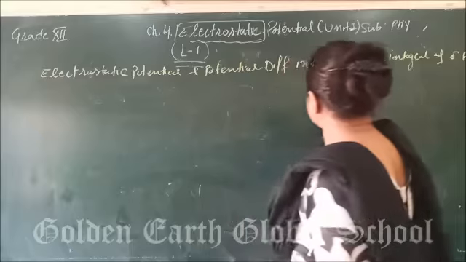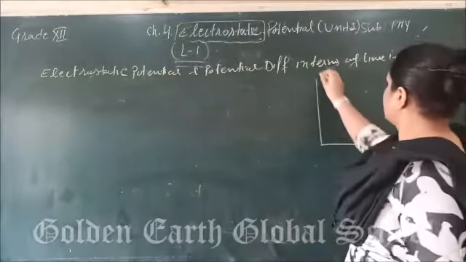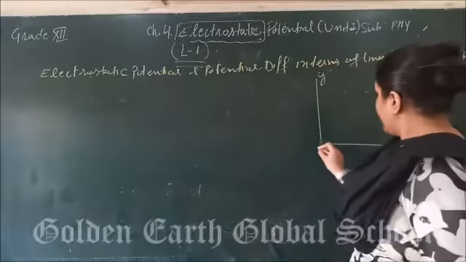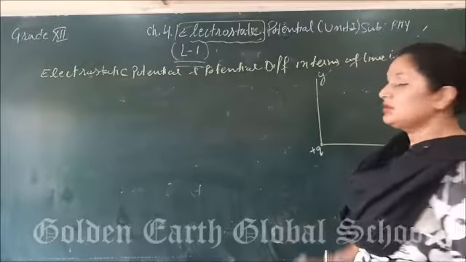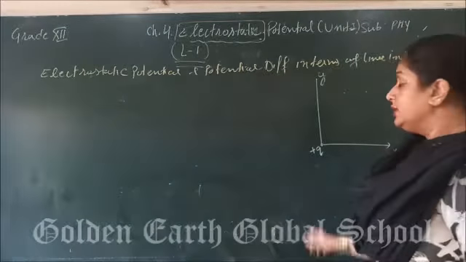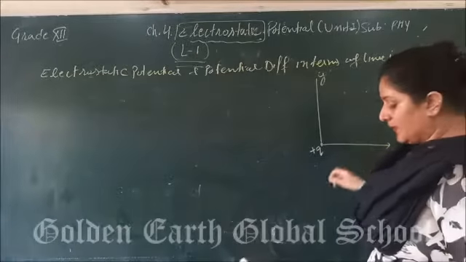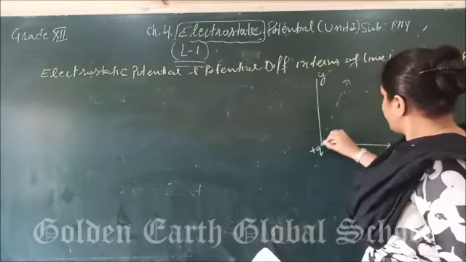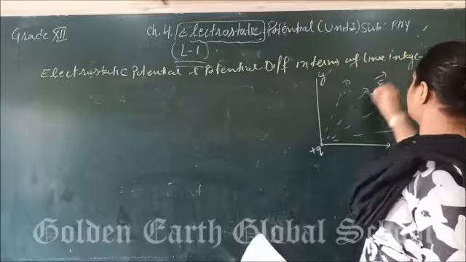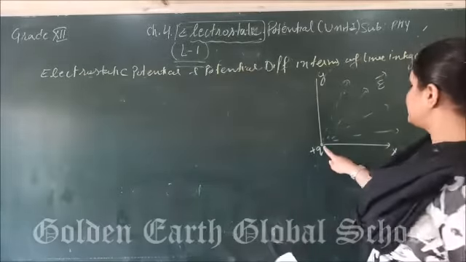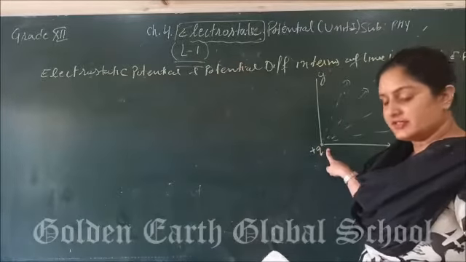For that, let us suppose a coordinate system, Cartesian coordinate system, and charge plus q is placed at the origin of this coordinate system. Due to this charge q, there will be the electric field in this plane xy. Now this electric field is represented by these field lines. This is the representation of the electric field due to the charge that is present at the center or the origin of this coordinate system.